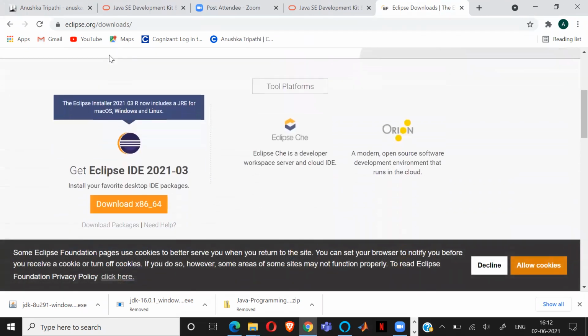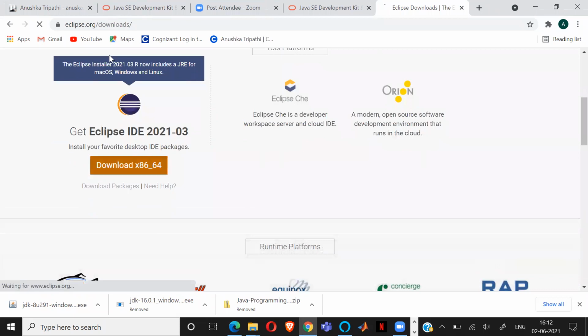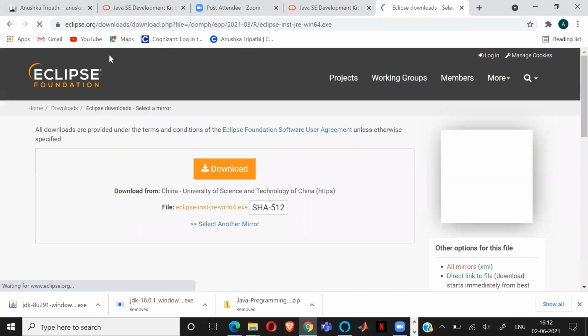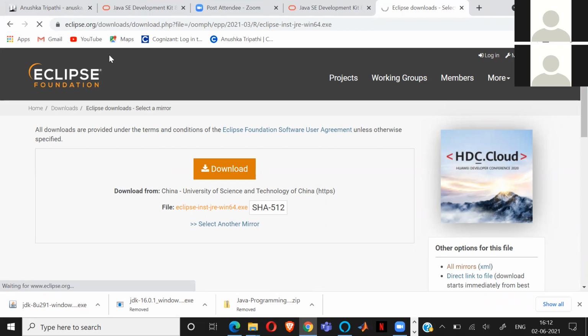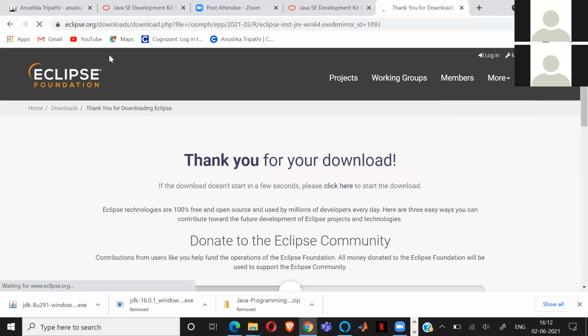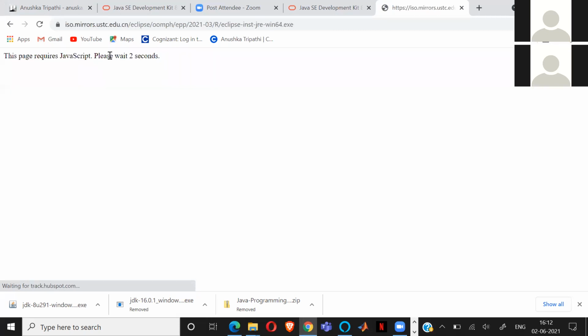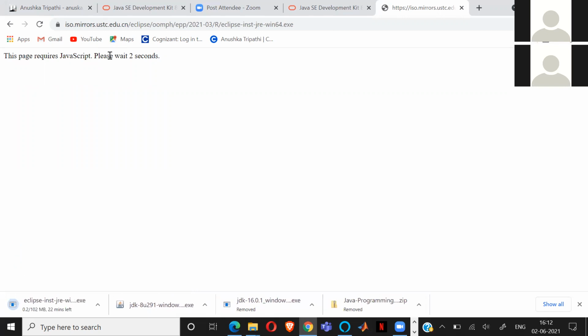Allow cookies. Click on the download. Yeah, let it download. Has it started downloading? Not yet. So just wait, let it start.